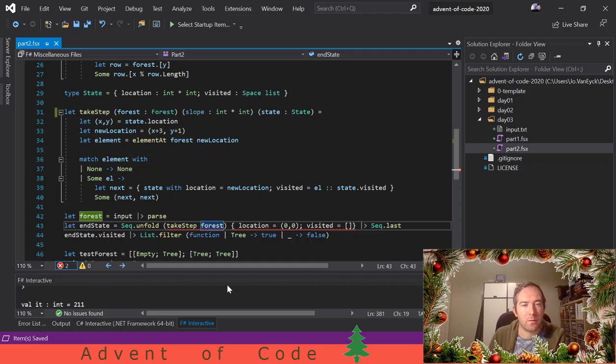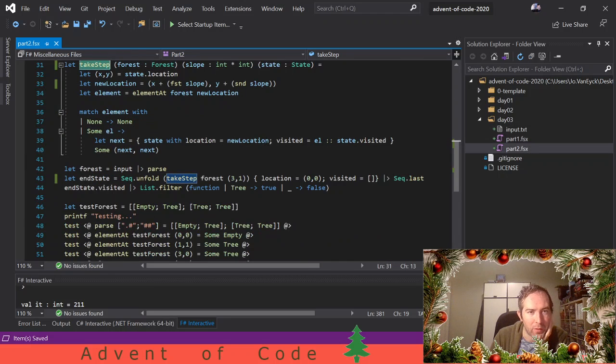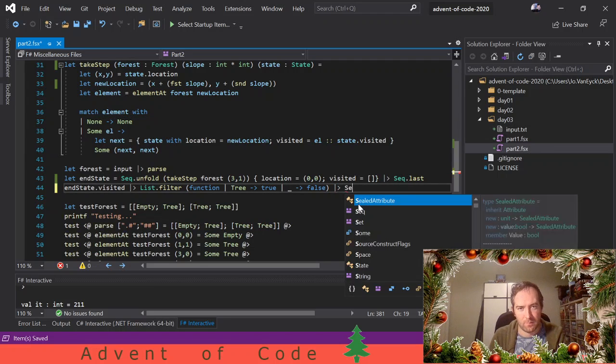Let's take step first, and the slope for the first example is 3, 1. There we go, and let's use slope. Let's use the values we get from slope. So now we parameterized our step taking with the slope. So when we run this, we should get the same results,